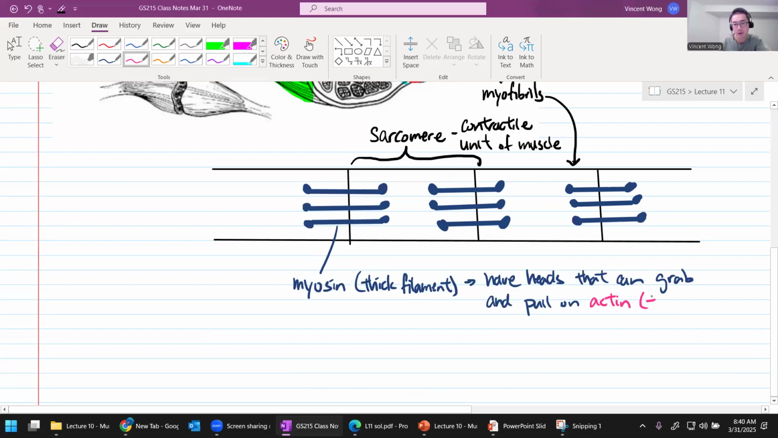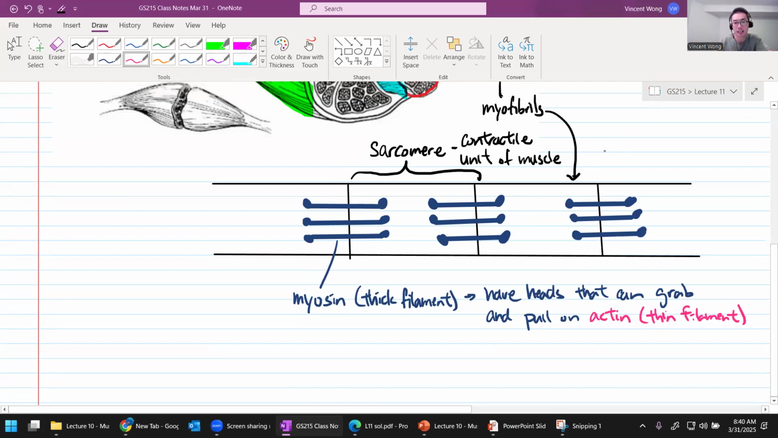Actins are the thin filament. We learned about actin way back last semester in lecture 3. If you ever need to, refresh your memory on what they look like. But it's not important, I suppose. And the actin are like this. The actins are going to be kind of